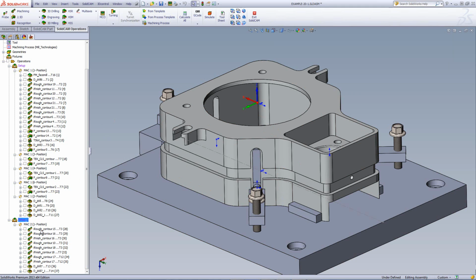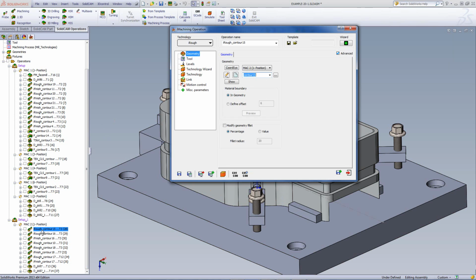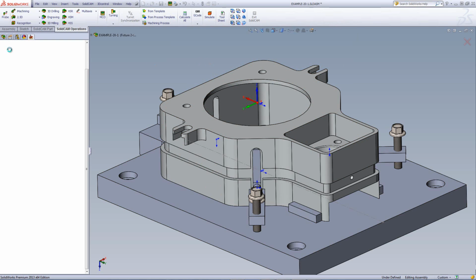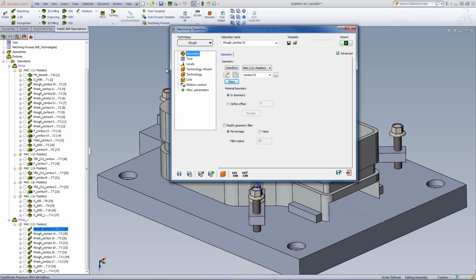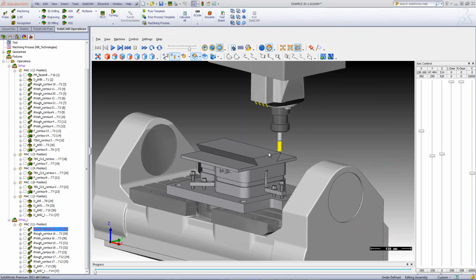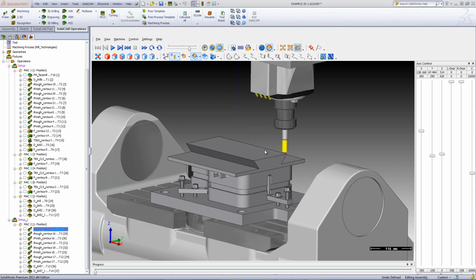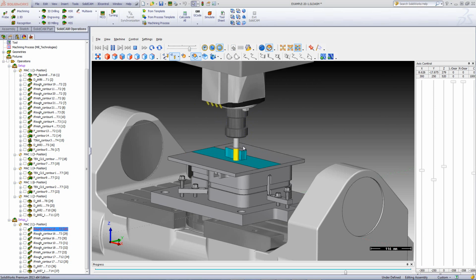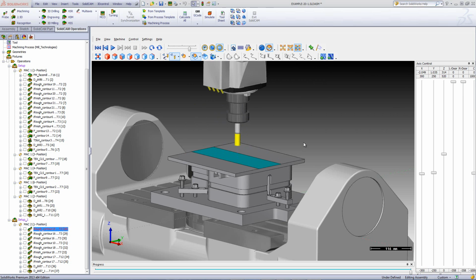If I were to go into the operation itself, I used an iMachining operation to get rid of the material that was left on top itself. Now the material that was left on top, if we take a look at our simulation, was actually this area over here. So my geometry was made just to go around this area, clearing up this excess material over here. Running the simulation, you'll see that the iMachining works just on that area over there, cleaning it up